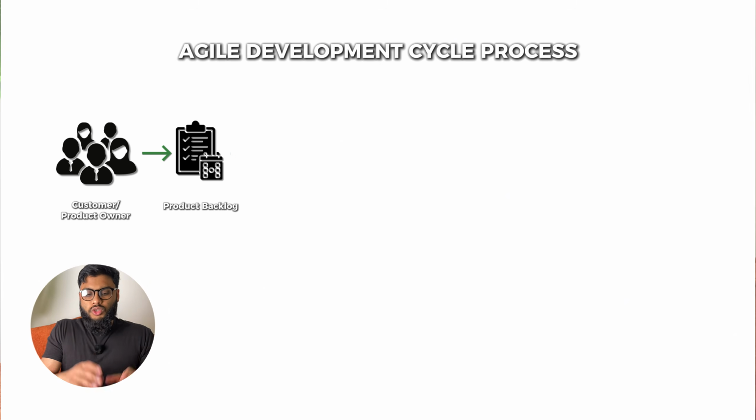Okay. So just to recap, you have the starting point, the customer. The first step is the product backlog. The product backlog is consistently refined by the project team's suggestions and the customer's suggestions. But the one who owns the backlog is the product owner. Now, what happens after that?